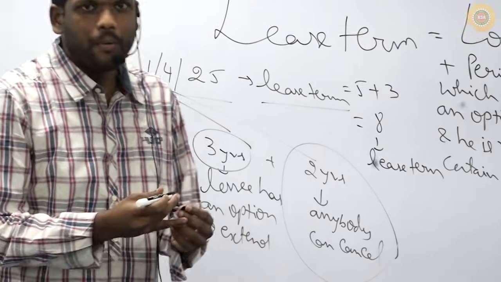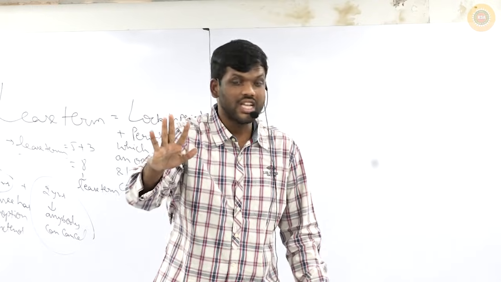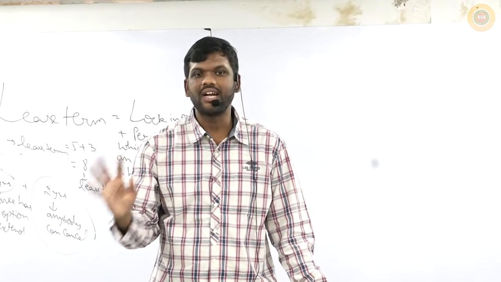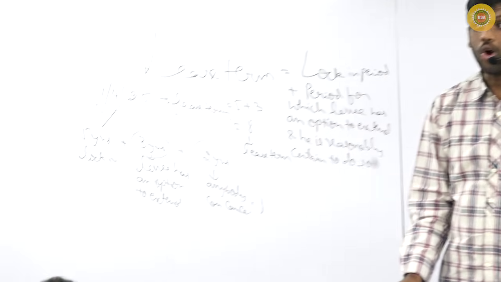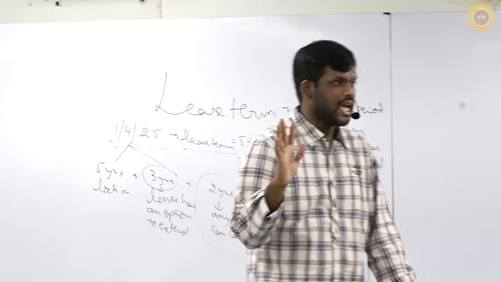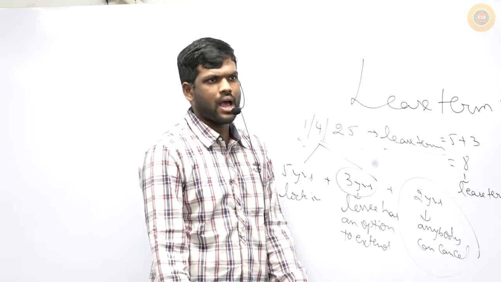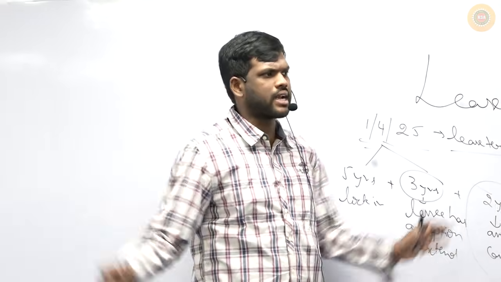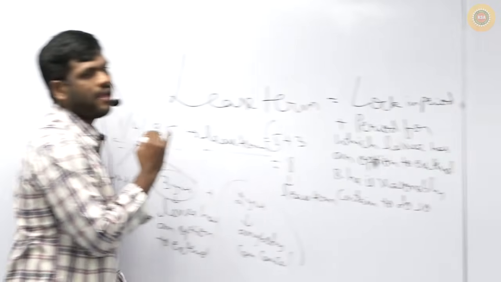For now we only know what is the definition of lease term. Where we are going to use this and how it will be used, I will teach you. For now we only know what is lease term. What is the total agreement period in this? Total agreement period is 10 years. But the lease term we are taking as 8 years. Suppose during discussion management says I am not reasonably certain to extend this lease, then what will be the lease term? Lease term will only be 5 years.